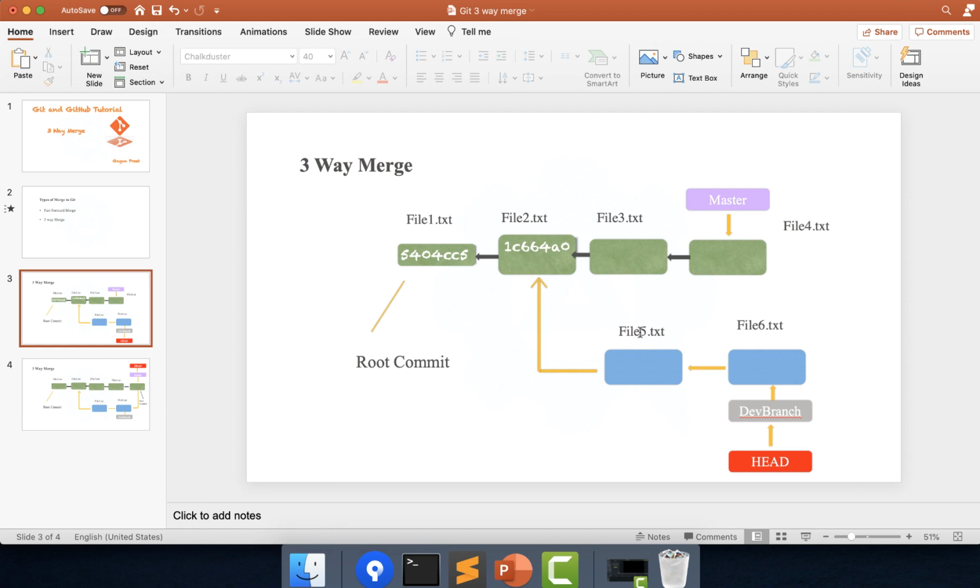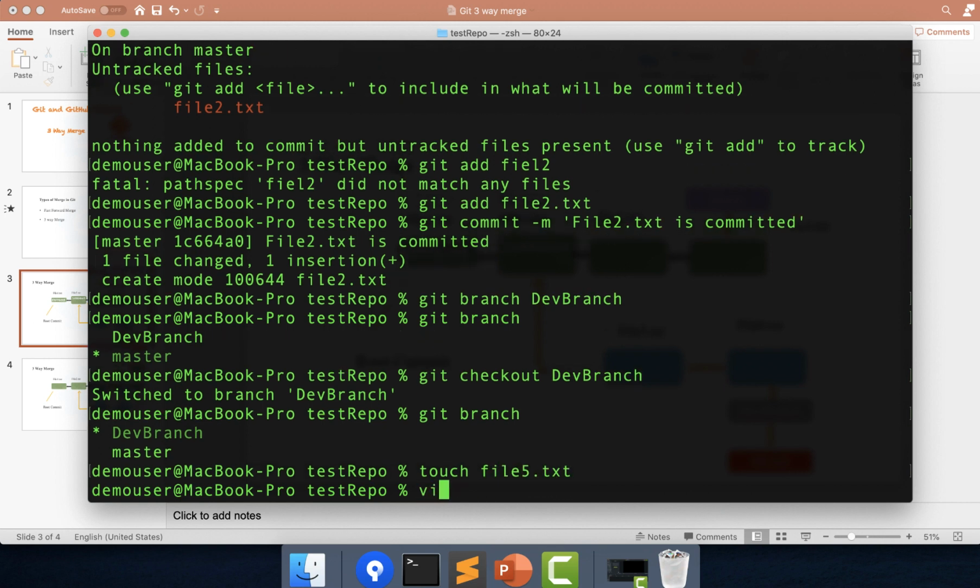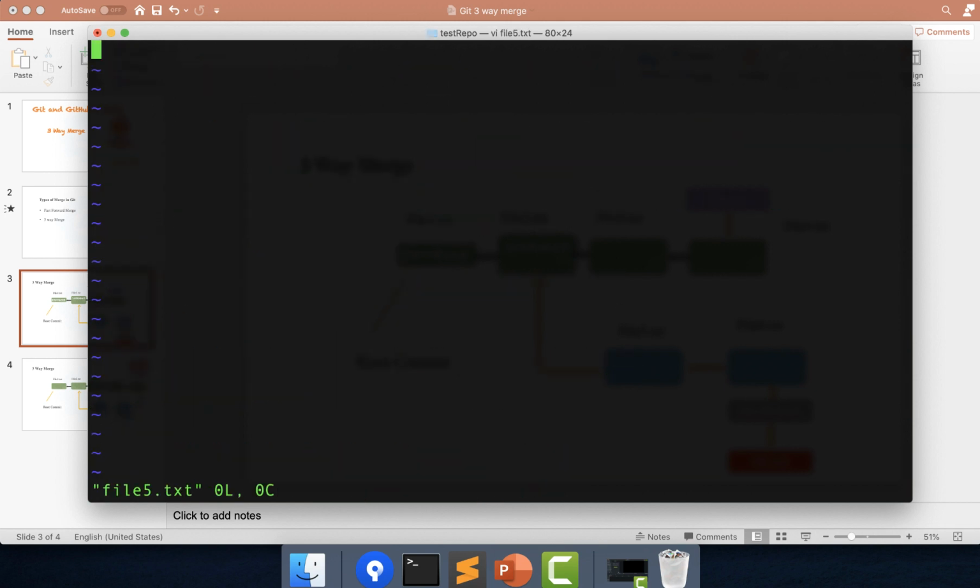So I will create one more file over here. I will create a file called file5.txt, and I will modify it. I will again type file5.txt is created.